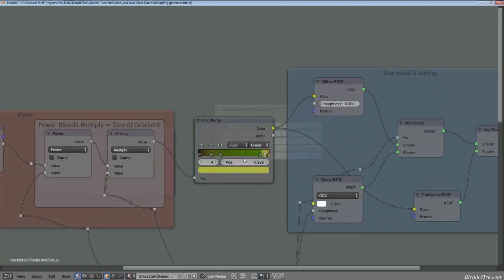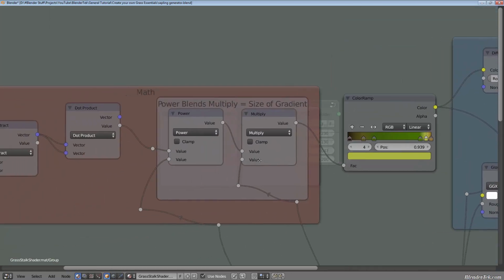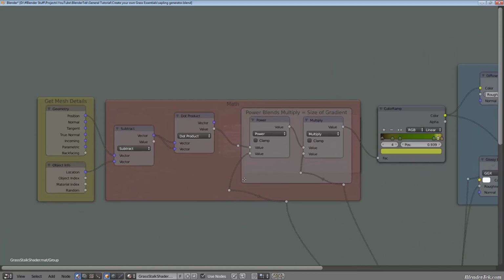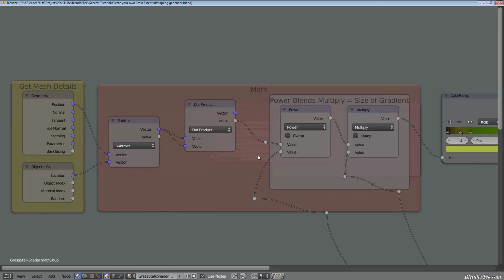Then it just runs into a color ramp. You can see here how I've done it a little bit better. You have the root, then the grass, then the burnt tip. So this time I did some more research, and the way we could do it also is basically to get the details of the mesh, we take geometry position info and object location info. We put it into